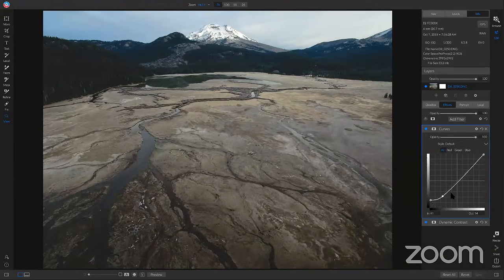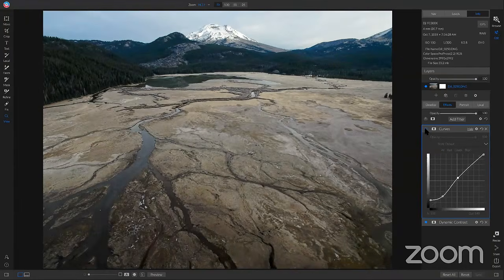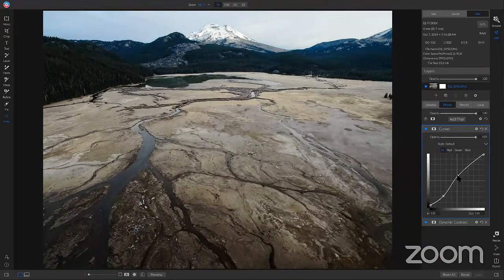Boom. And now what I want to do is pull up on the contrast, or the midtones, a little bit. Like that. But if I turn this off and on, oh, it's a little too black down there. So let's move this down a little bit. There we go. So if I turn this off and on now,